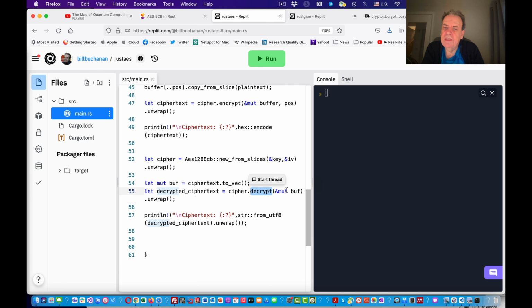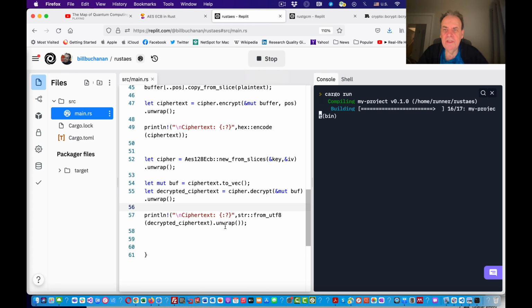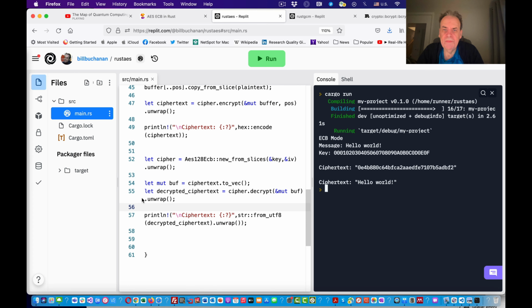Again, we're using these mutable variables wherever there is a change, and we're passing these values here for the byte array as a pointer. So just give that a little run and see if it works, and there it goes, it works using this key. There is no salt in this case because we're using ECB.